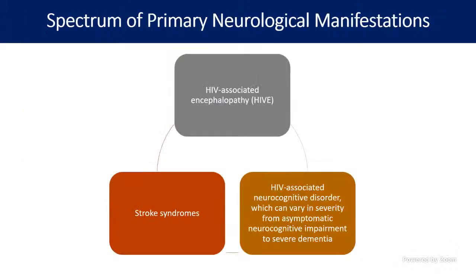So HIV associated encephalopathy, we already saw that the child's neurocognition will be affected. The child may range from neurocognitive deficit to severe dementia. So, all the spectrum. The child may be not symptomatic at all, to dementia. Child forgets everything, cognition will be lost, child may not be able to do the normal functions. Okay. And because of vasculopathy, the child may have stroke syndromes, like paralysis, hemiplegias. Okay.